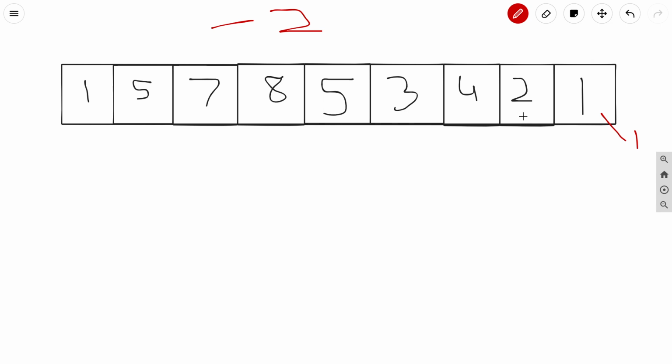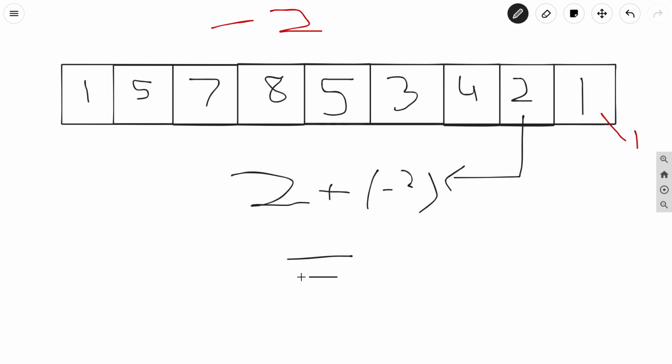When we are on this index, which has element 2, we check whether there is any number which is 2 plus d. Here d is -2. So 2 plus -2, what does it mean? It means 0. So we will check whether there is any 0 after this element or not. You can see that there is no such element 0 after this index. So we will just write 1 in this case.